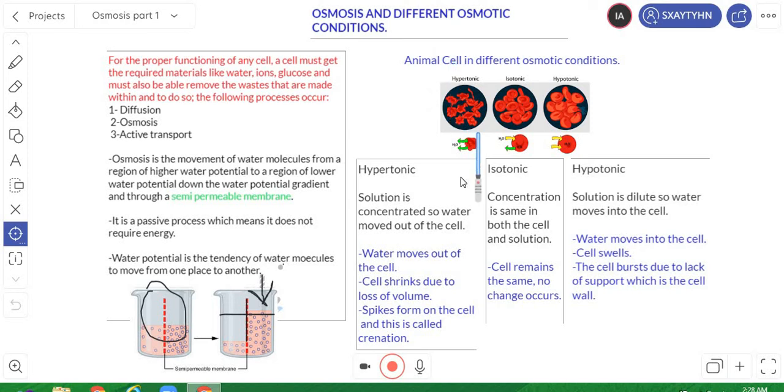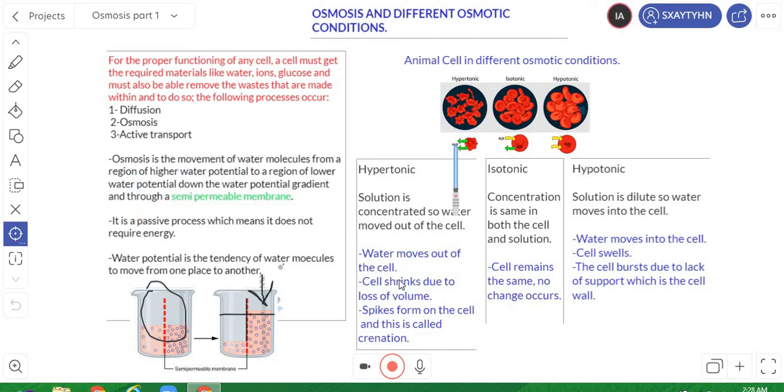Now, what is a hypertonic solution? As you can see here, a solution that is concentrated, which means it has fewer water molecules, thereby having a low water potential, and has a high number of solids. So according to the definition of osmosis, if you place any animal cell, let's say a red blood cell, in a hypertonic solution, water should move out of the cell. Then again, if you understand this, the solution is more concentrated and the water potential is greater within the cell, so the water moves from the cell into the solution,